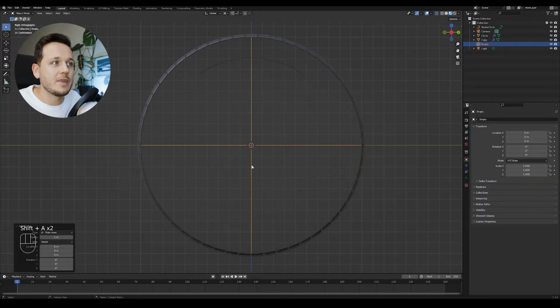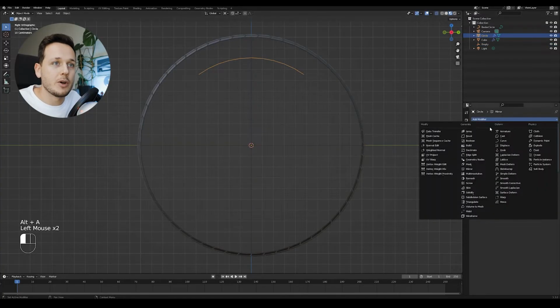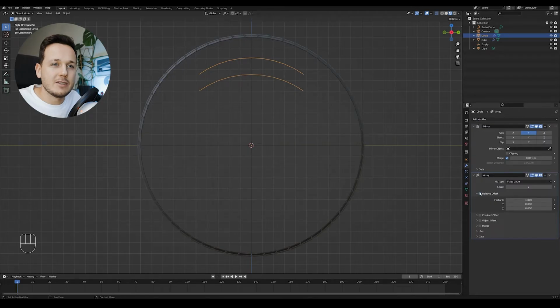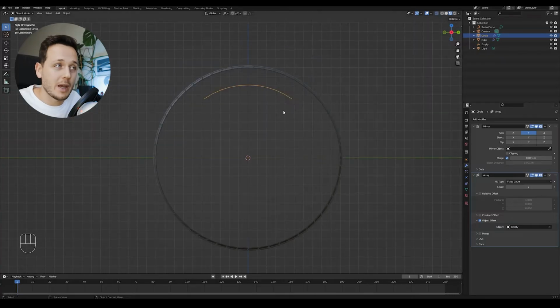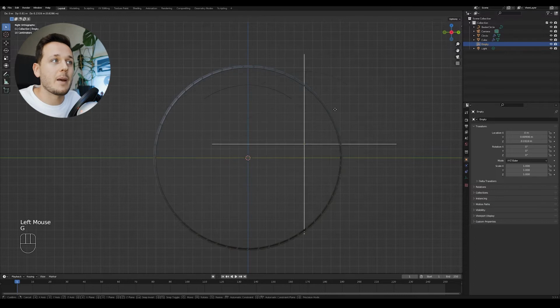We will use this empty for our array management, let's say. I'm going back to my circle, add a modifier array. Rather than the relative offset, I want object offset. And here I'm gonna pick our empty. At this point, it's important to apply transforms to our circle because then whatever we do with this empty will